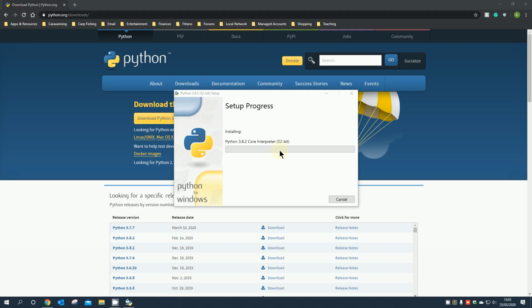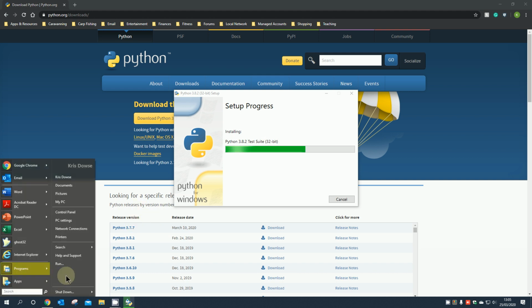Okay, so I've agreed to my elevation prompt and my software is starting to install. Now this will take a long while. It will rattle through the first bit relatively quickly, but once it gets to the end it needs to start downloading libraries, and it will take quite a bit longer. So what I'll do very quickly while that's happening is I'll show you how to